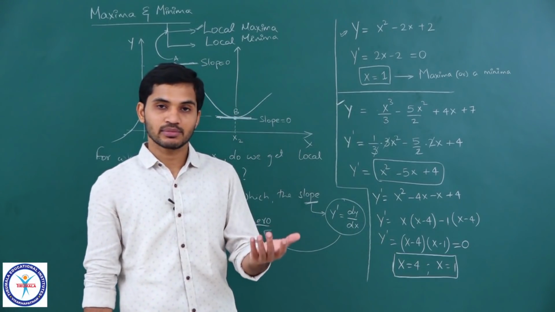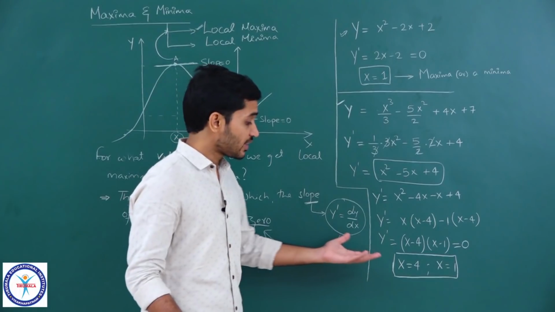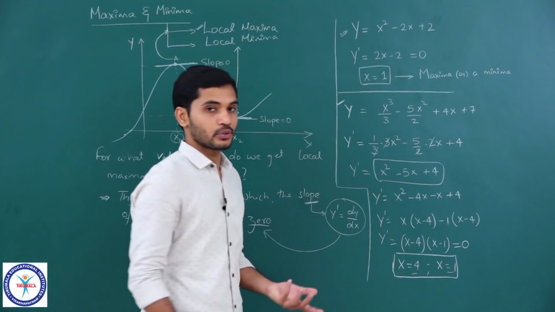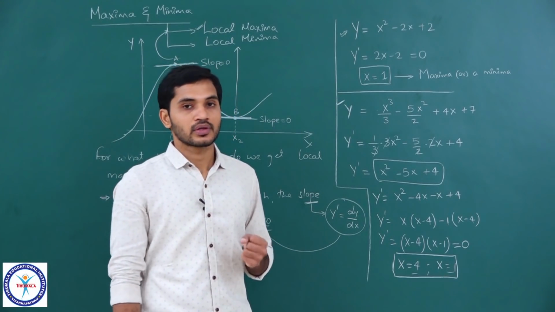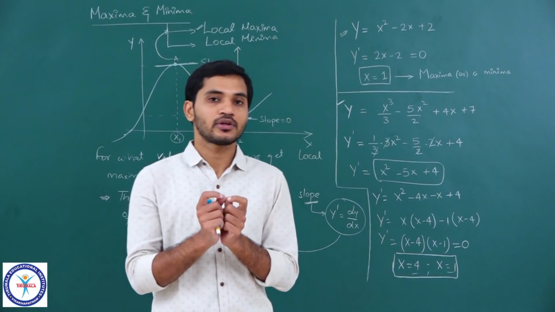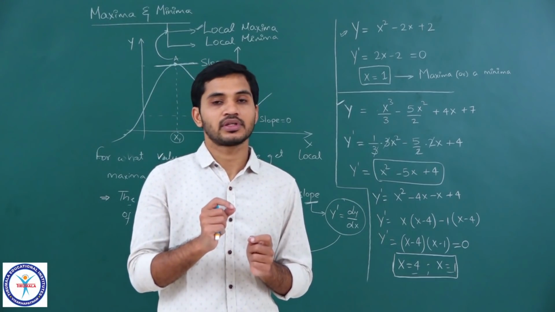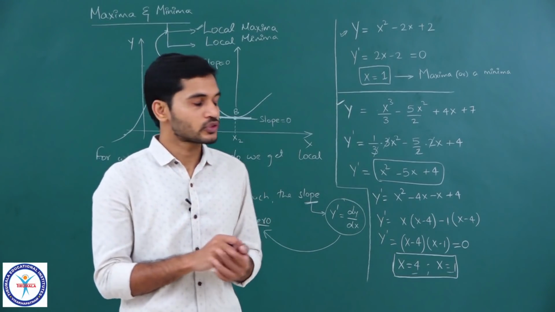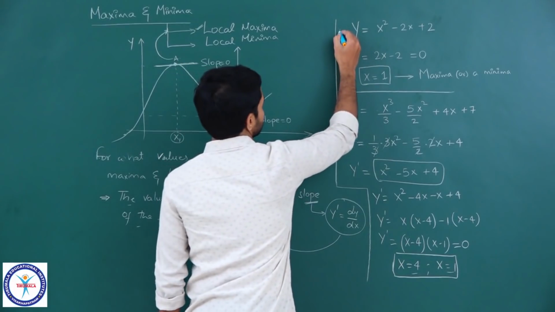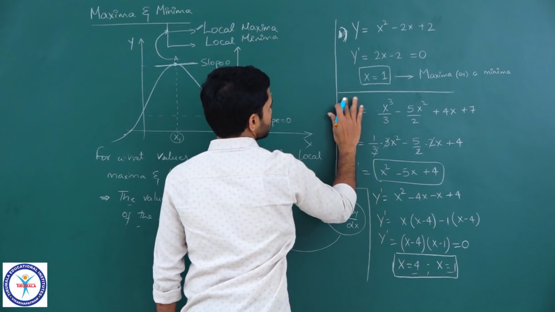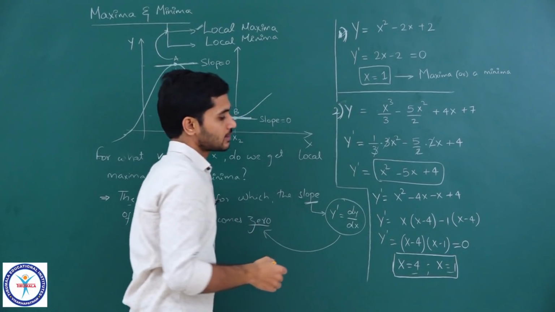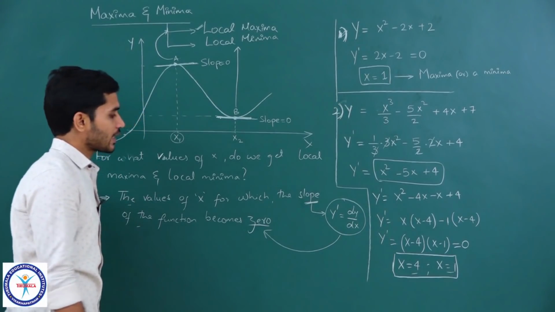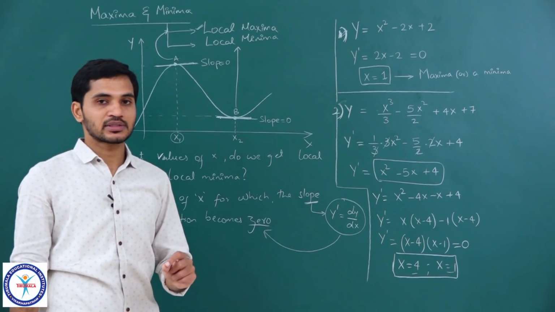So, I know now that at x is equal to 4 and x is equal to 1, I have a maxima or a minima, but I do not know where is maxima and where is minima. Is the maxima here or here? That I do not know, clear. So, we need to find that, right. So, please remember students, to identify the locations of maxima, the idea is very simple. Find the slope, which means the first order derivative, equate to 0, clear. So, that is what we have done in these two cases. This is case 1 and case 2. So, in these two cases, we have just found y dash and equated that to 0. Okay. So, next we will learn how to identify which is maxima and which is minima.